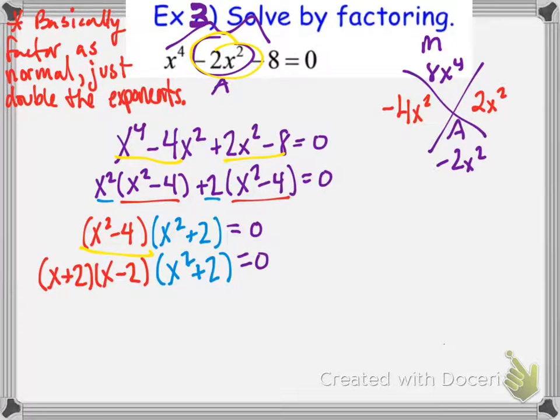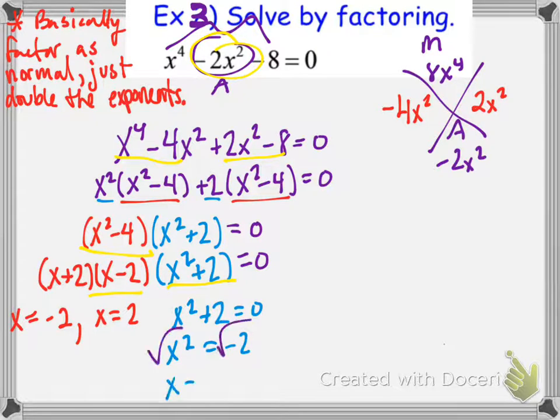So now I'm going to set each factor equal to 0. So x plus 2 equals 0 gives me x equals negative 2. And this one gives me x equals 2 as a solution. And now I'm going to take that third one and set that equal to 0, which requires me to solve a